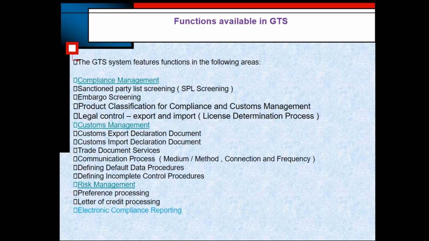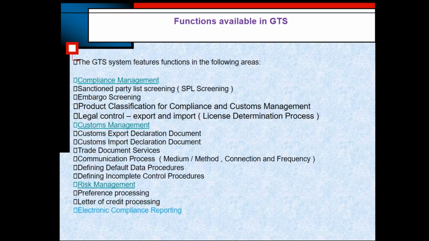That means to send export messages for the export clearance, you can only trigger from one document, that is the customs export declaration document. We need to create the customs export declaration document in the GTS module,